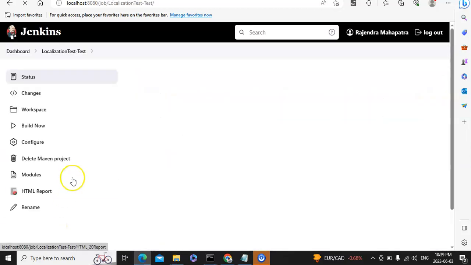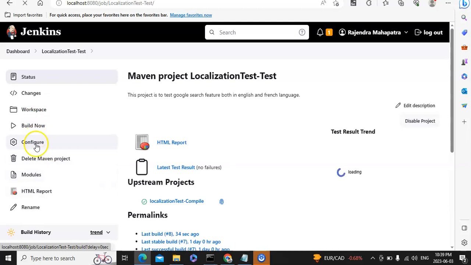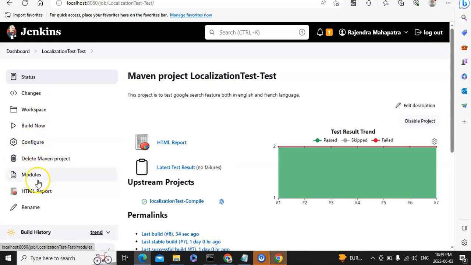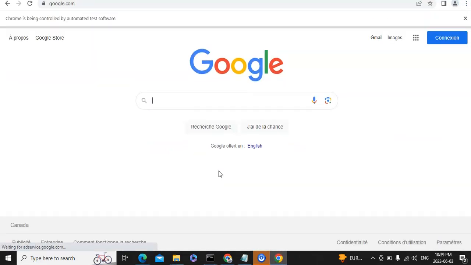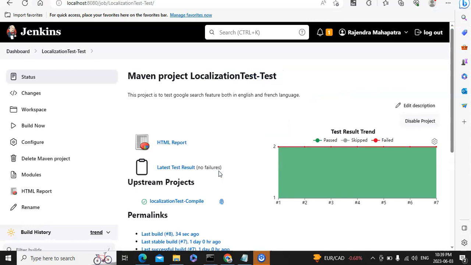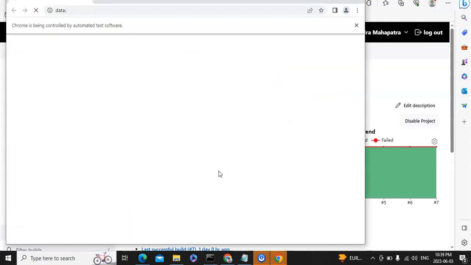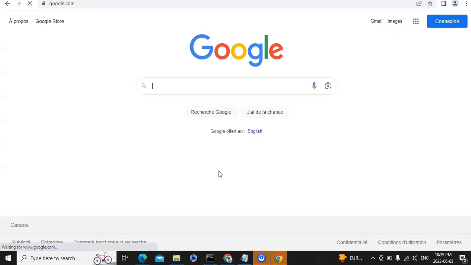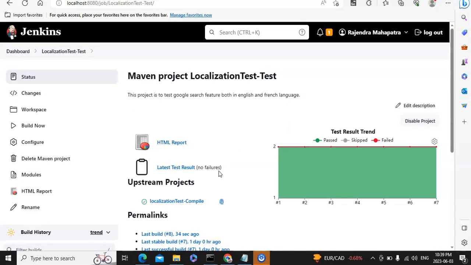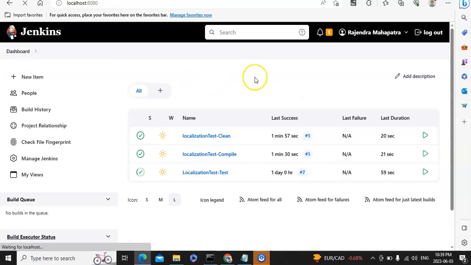So let's go here. So it has already started running. So this is our first test case. So now it is running the second test case. So now let's go to, so if you see,